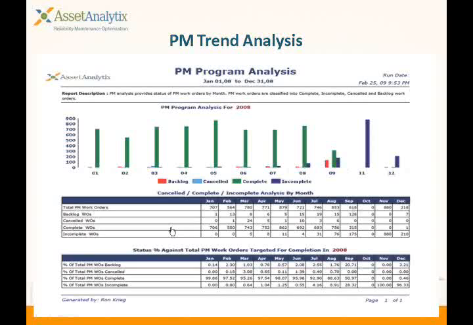This will help understand the amount of work that we have, and we can look at targets for completion, etc. This can be further plotted, similar to the report that we saw earlier, but here we are trending it and trying to understand how many are cancelled, how many are completed, and how many are incomplete